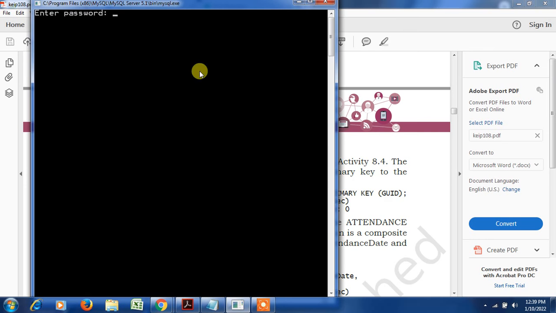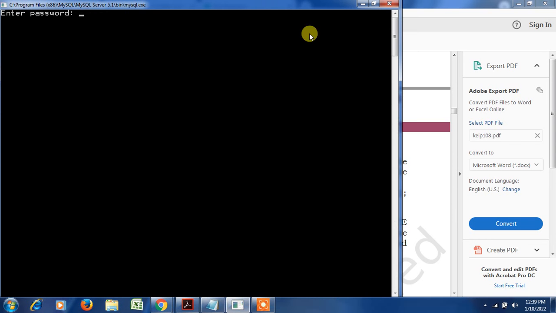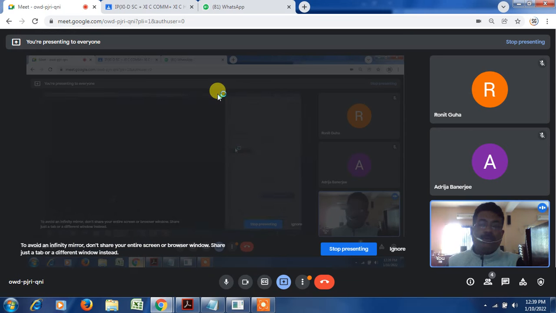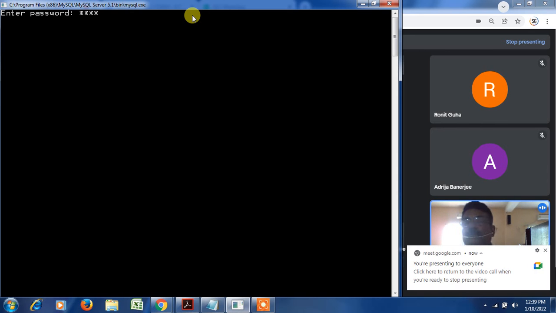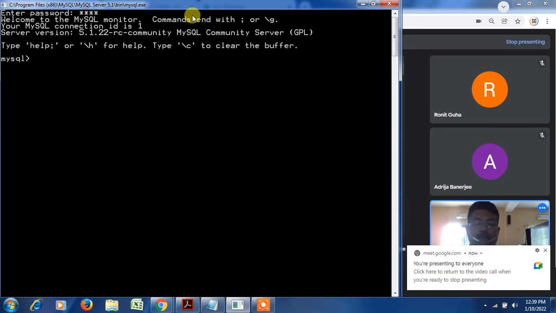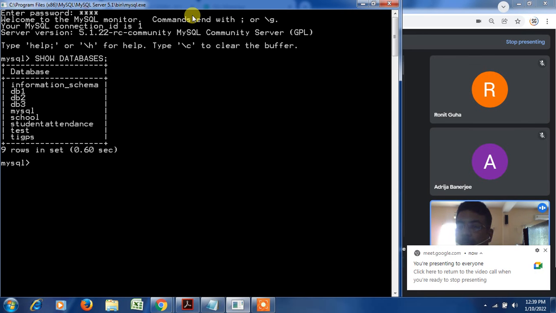So now let us go over there, and I am adding this one. Let's see, one minute. We are just going to that and accessing it. The password is 1 2 3 4, as I have told you, and I am going once again to one of the databases that we have already taken. So what is the command? Show databases. This is the first command we normally use. If you can remember the database, fine, but here I am not sure which database I should work with, so I'll select it.